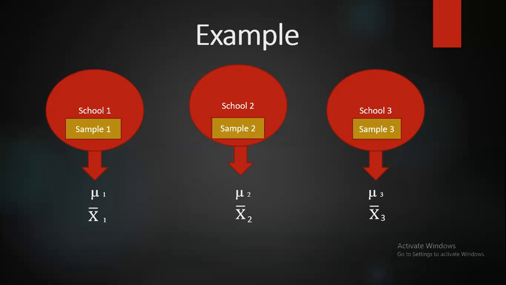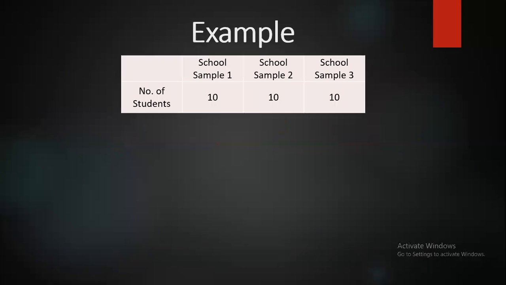Now, how can we analyze? For this, suppose we take 10 students as a sample from each school. Here I have taken 10 students for example, but it can be 10 or more than 10. The sample size differs as the population differs, so we can calculate sample size based on the population. It is not the same in each case, it can be different also. So here I have taken 10 students from each school.